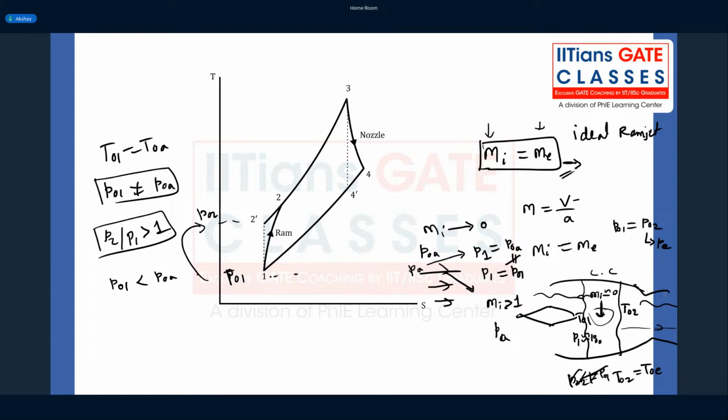Everybody clear how the ramjet operates? I understand if you are not able to catch the details, but that is fine because it is not a detailed class. But at least, are you guys able to get the essence, like how the ramjet works? Okay, so if that is the case, then it is very good. So let us just see one or two questions from previous year GATE, and we can wind up this demo